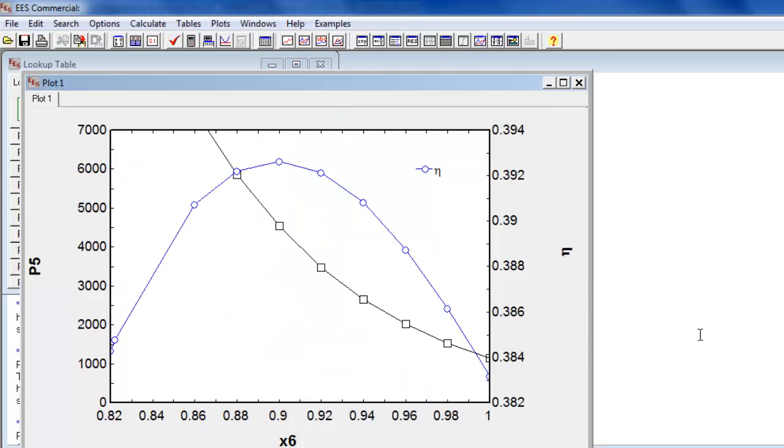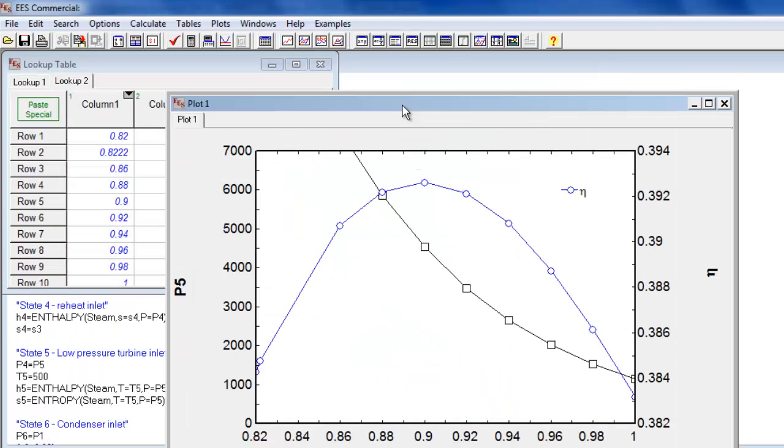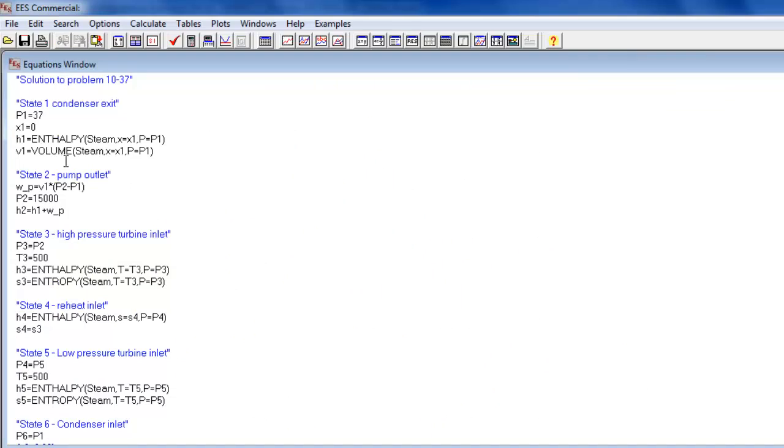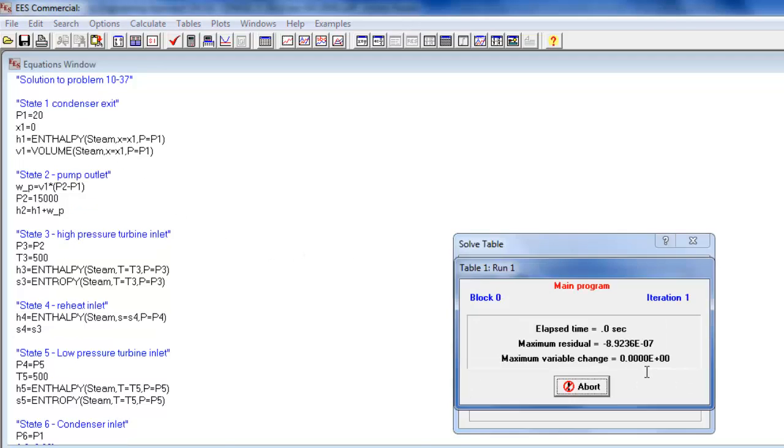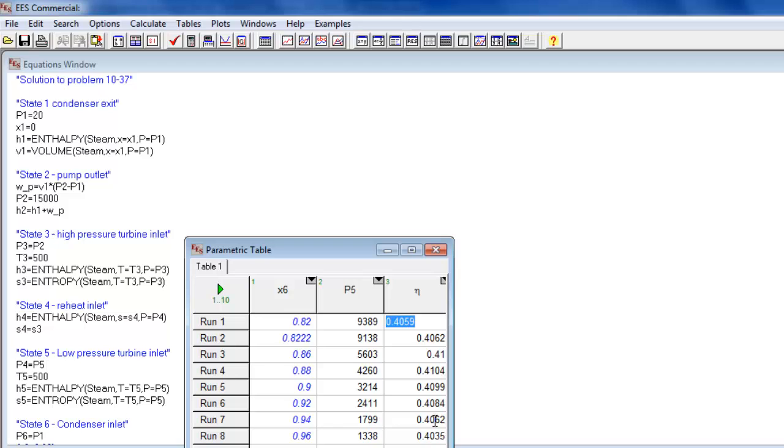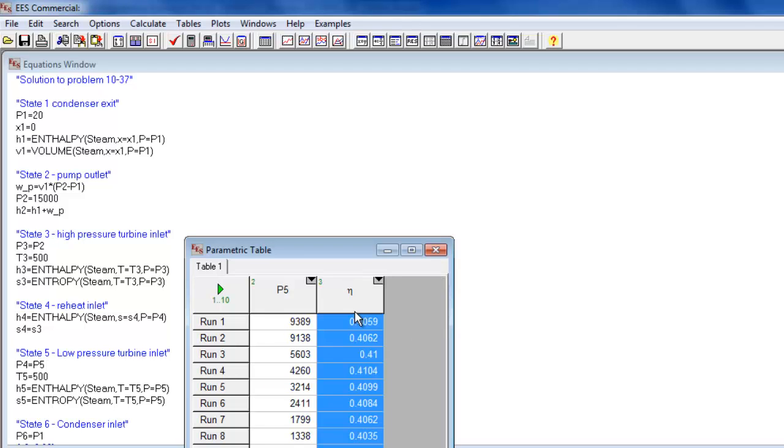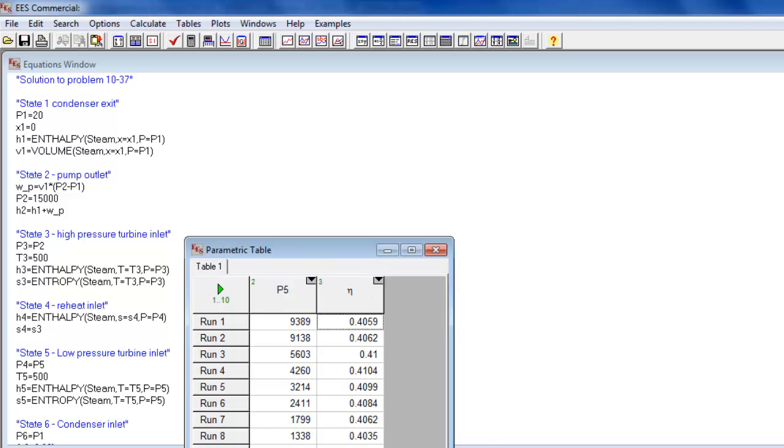And we're going to repeat our analysis for different pressures. So now this is 20, F3. We just copy it and the efficiencies, and we move to lookup table 2,